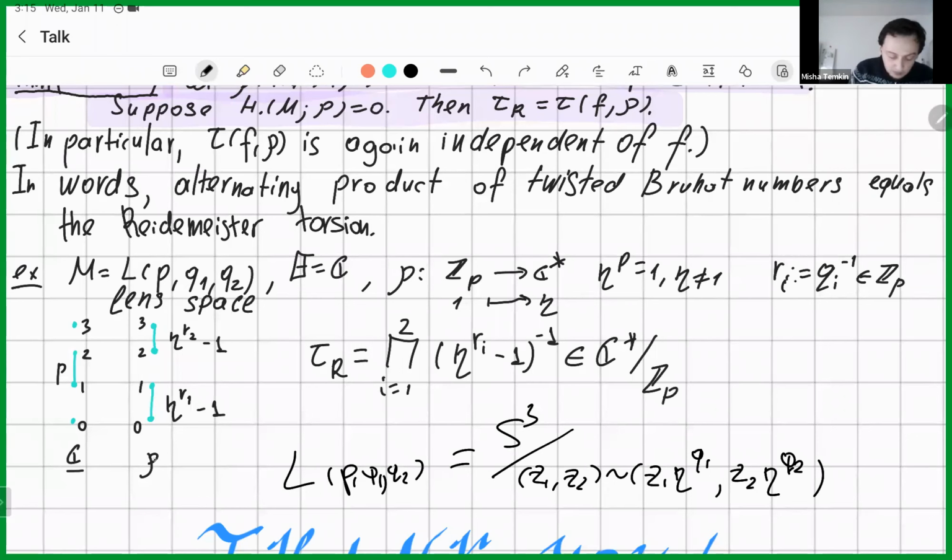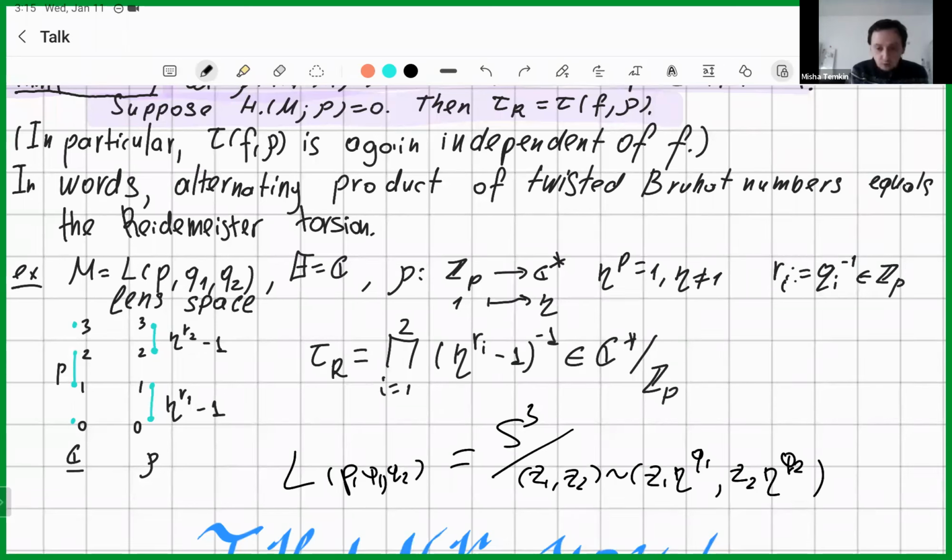As opposed to the twisted barcode, the barcode twisted by this one-dimensional local system, which is defined for the same function. So the function is the same, its critical points are the same. It should be acyclic, so it means that there should be no homological critical points. I recall that homological critical points count the dimension of the homology in the corresponding degree. If there is no homology at all, there is no